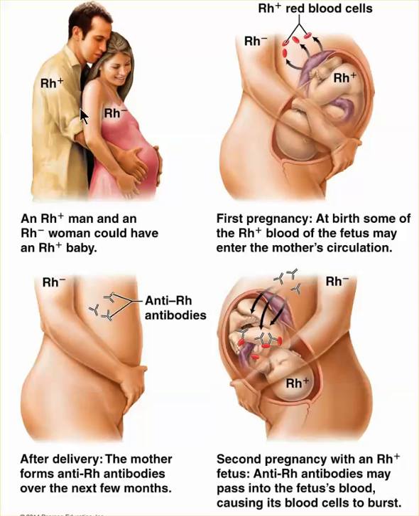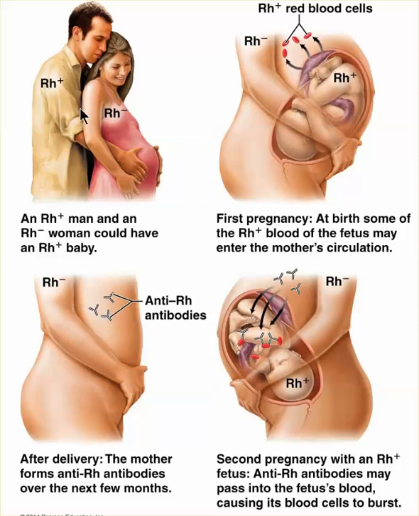Remember that the mother's immune system produces antibodies to antigens that are foreign. Now, you have to remember also that the fetus is half foreign genetic material. So given the opportunity, the mother's immune system would destroy the fetus every time. But the uterus is a protected place. If, however, there's any mixing of maternal and fetal blood, remember their circulatory systems are separate, but if there's any mixing, then there can be the opportunity of the mother's system being exposed to those